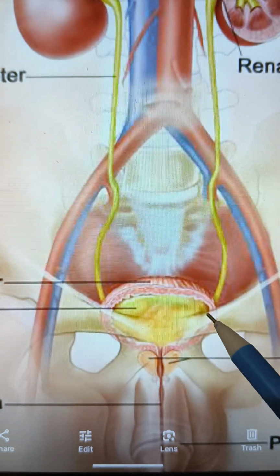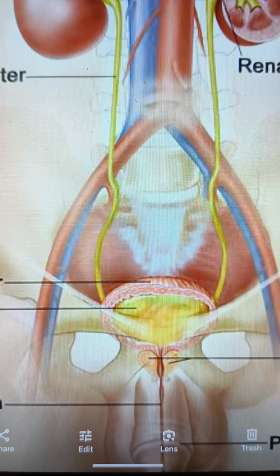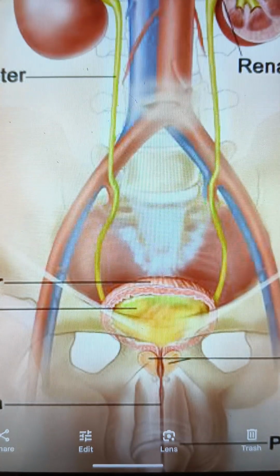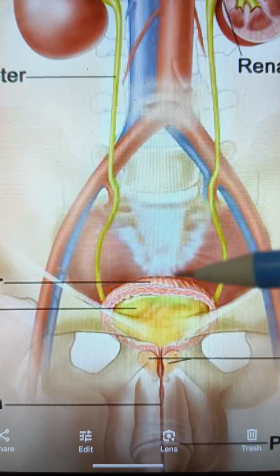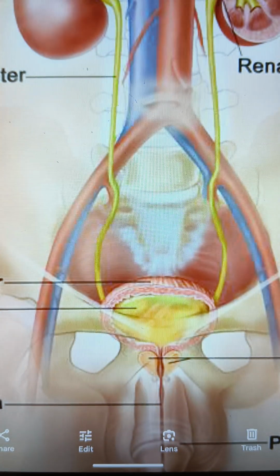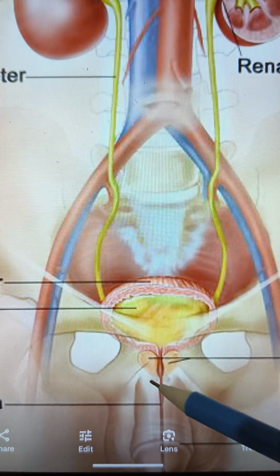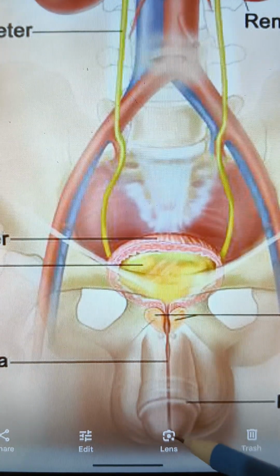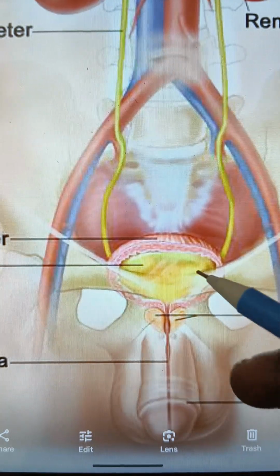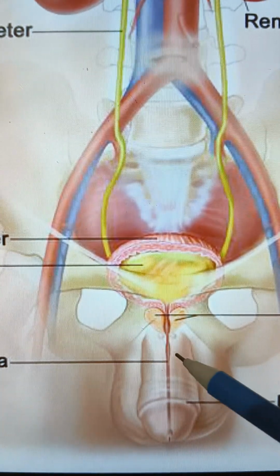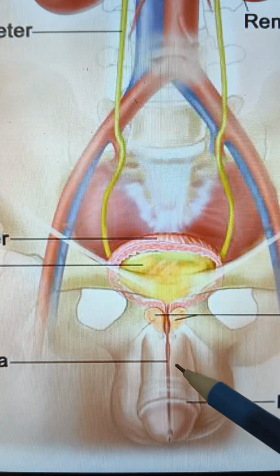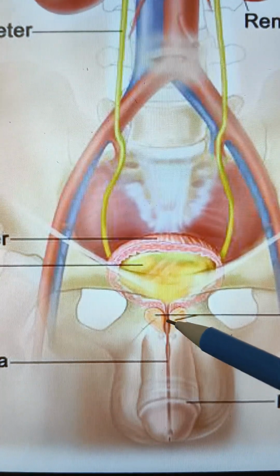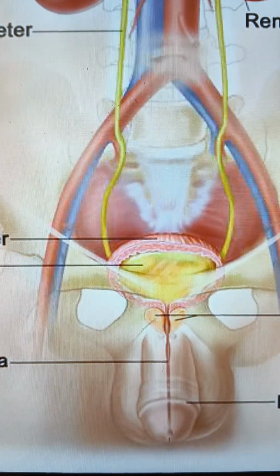Urine is collected in the urinary bladder. When it is half filled with urine, the stretch receptors will create the urge in the urinary bladder. After that, the urethral sphincter opens and the urine is passed through the urethra, from the urethral meatus. It is the male structure and it is also present in the female, but the penile structure is absent in the female. And the prostate is also absent in the female.